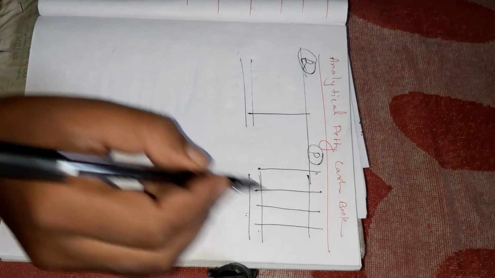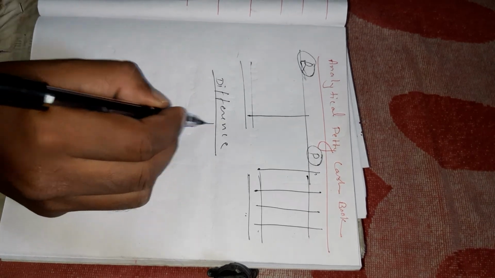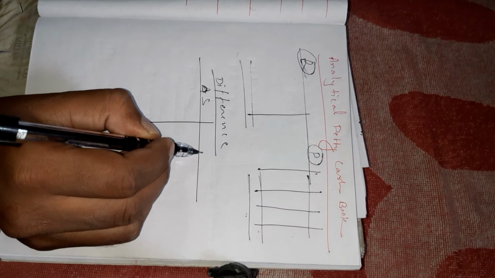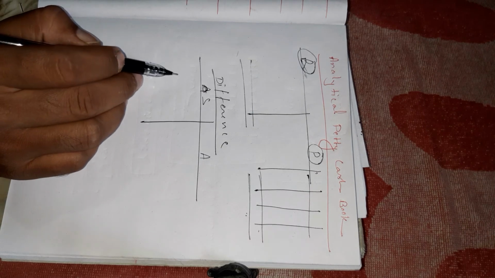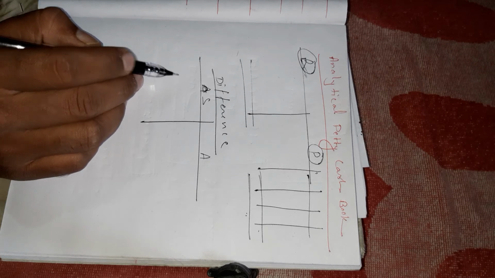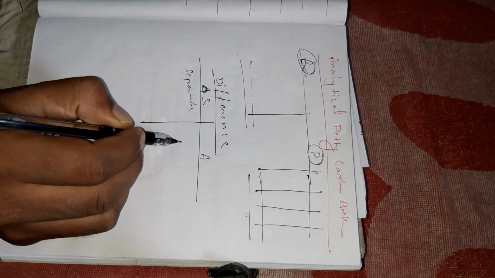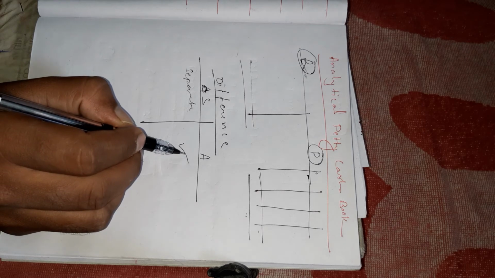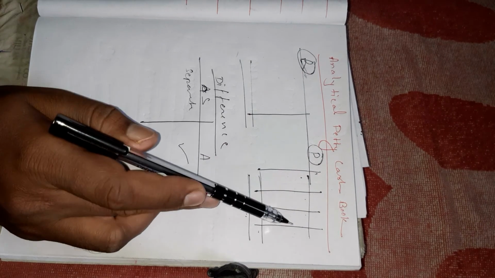And what is the difference? The difference between the simple and the analytical petty cash book. In the simple petty cash book, separate records of each kind of petty expense are not maintained. Here separate records are not required, but in the analytical one they are required. Analytic columns are used for each frequently occurring item of expense, such as sundries, conveyance, and postage. Each and every column you will have to draw.